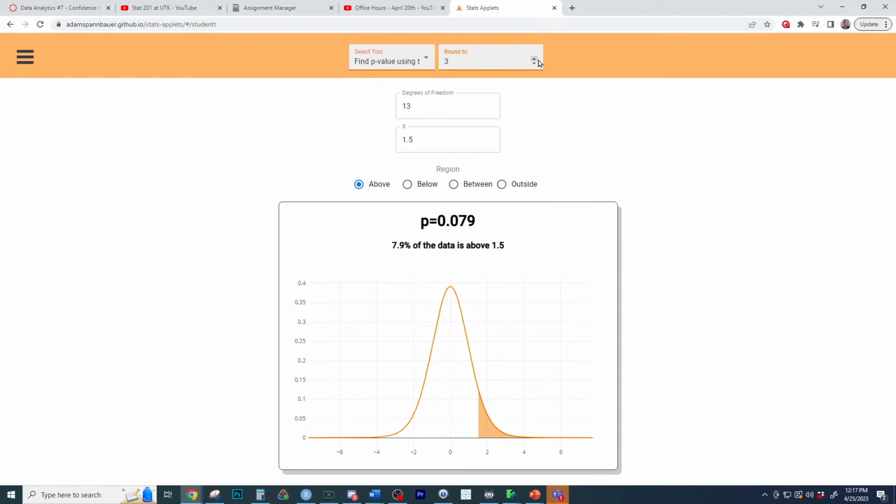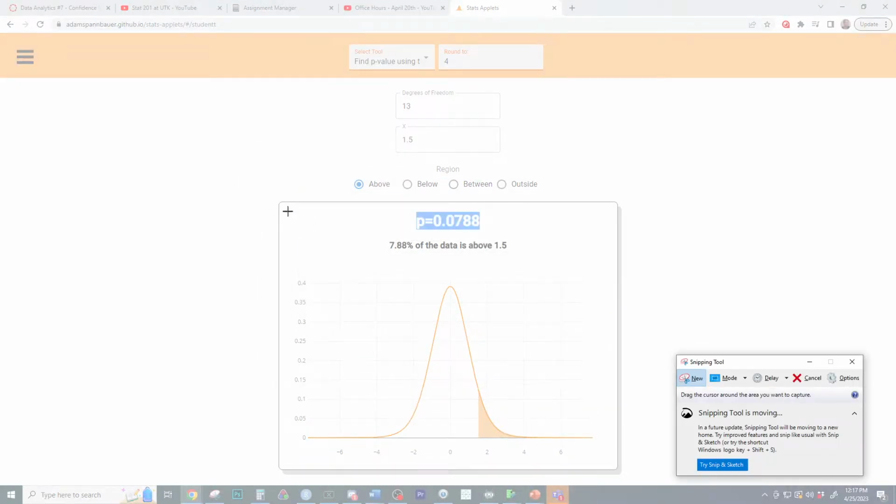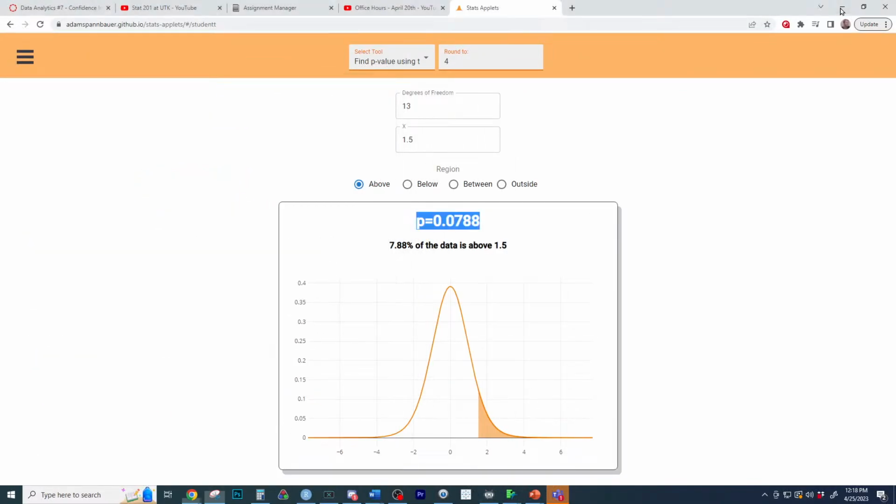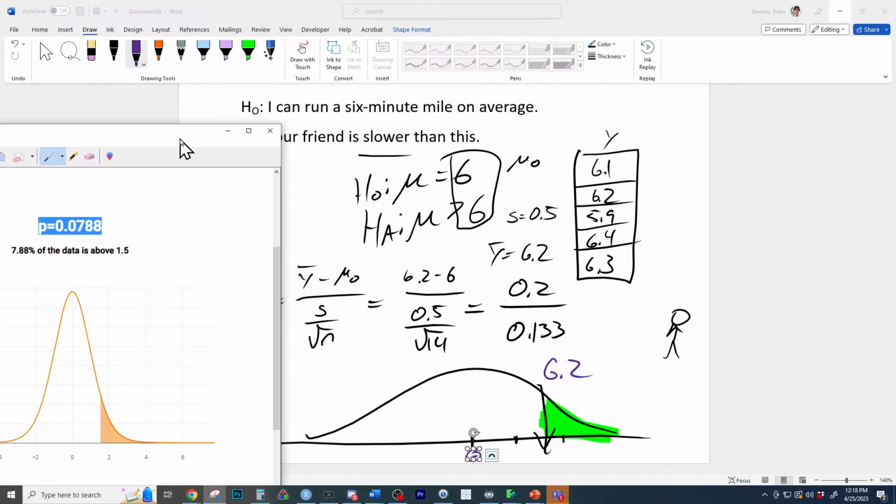0.08. Wow. So here's the thing. It's a close call at this instance. Your friend's taking like 6 minutes and 12 seconds or so because it's about 6.2 mile. But at this point, I want you to look at the graphic I have drawn and the graphic right here on the screen with the p-value. You always want to be able to draw kind of an instance of your graphic over there. So that's the graphic I drew, and this is the graphic they draw.